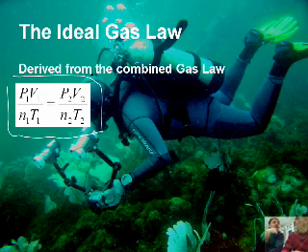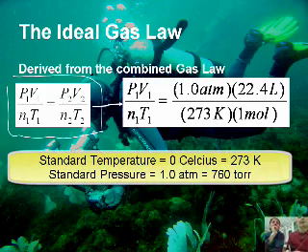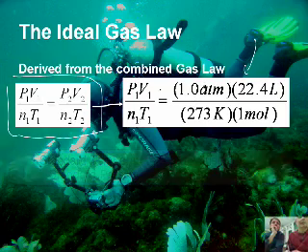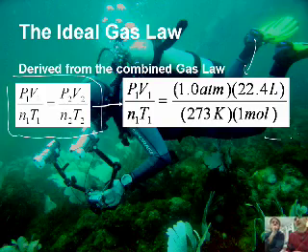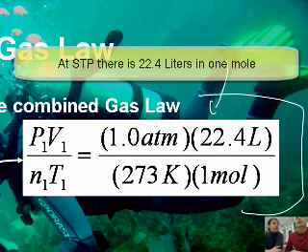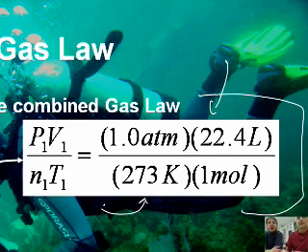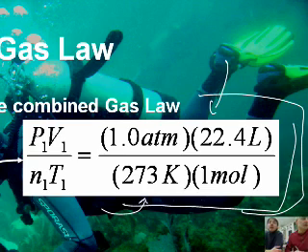So let's assume we have a gas that's at STP. STP, what's that mean? Standard temperature and pressure. And we have 1 mole of that gas. So we'll plug that data into our ideal gas law. Copy this down, guys. Basically what I did is I plugged in for the pressure 1 atmosphere, because that's standard pressure. And then kind of tricky here, there's 22.4 liters in a mole. We've done lots of stoichiometry with that. That's how many liters per mole of a gas at STP. So we're just going to plug STP conditions as well as the number of moles and number of liters into the combined gas law.